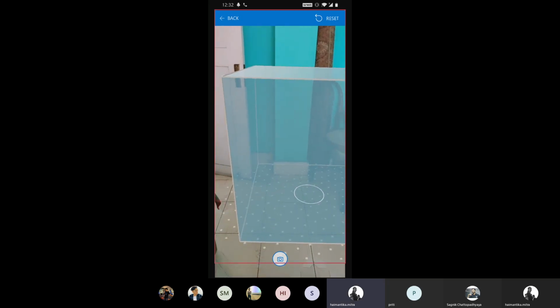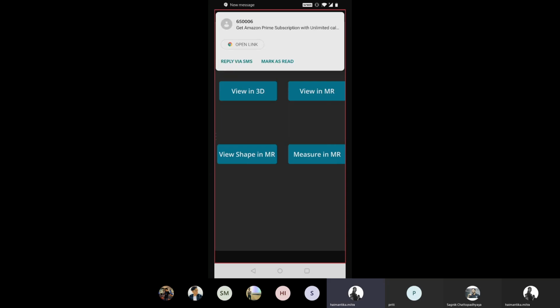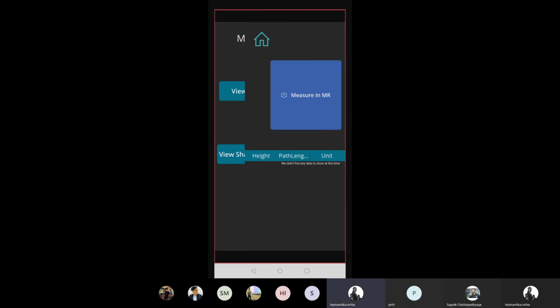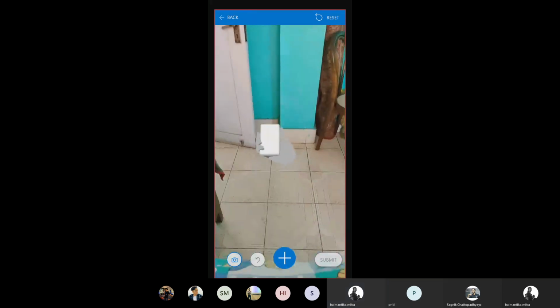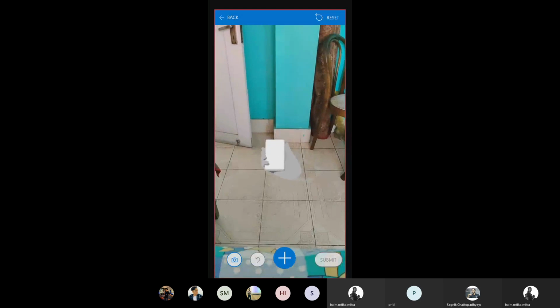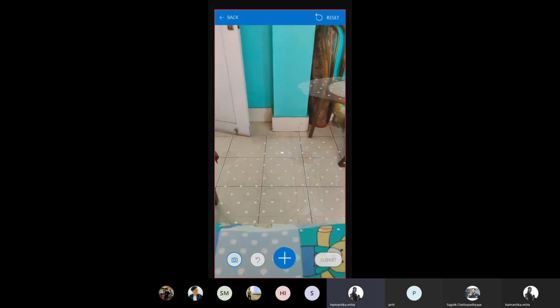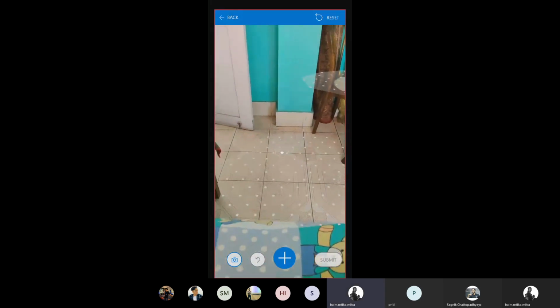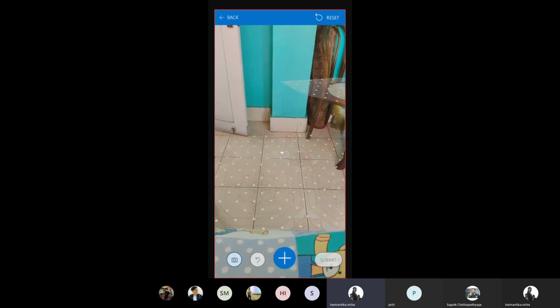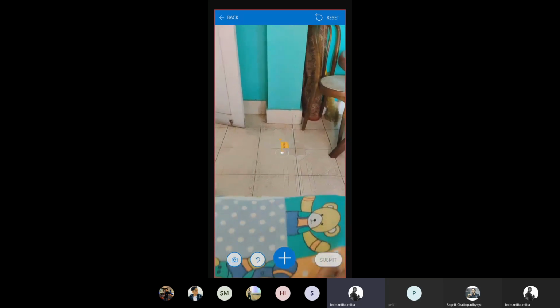And the last part is measuring in MR. So let's go to measure in MR and click here. When you see the dots are available, you know that your app is ready to measure or place objects. So I'll click on this and then I'll try to make a shape.